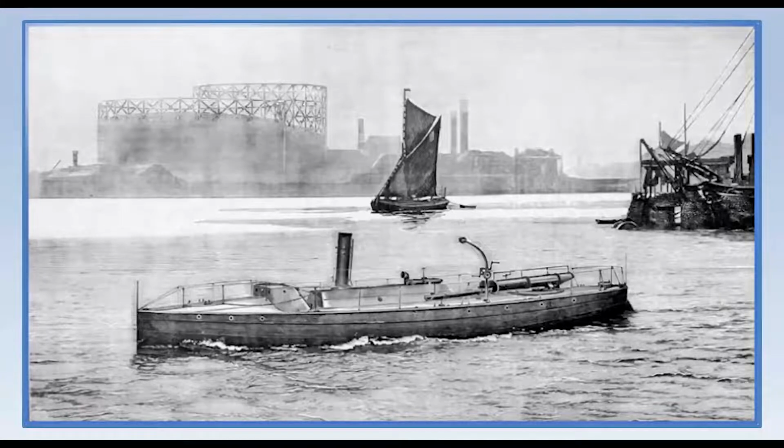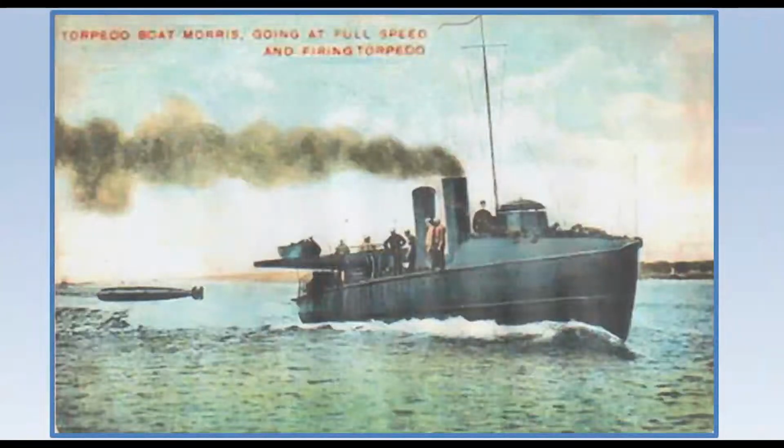Now that we are beginning to drift into the realm of the torpedo boat, I would like to introduce Paul Fontenoy from New Mexico and editor of the Nautical Research Journal by posting an image of an American torpedo boat, probably in the 1880s. She's called the Morris, and I reckon she's named after a very well-known sailing revenue cutter. Paul will take over the talk about the early boats up to the point where we see the arrival of